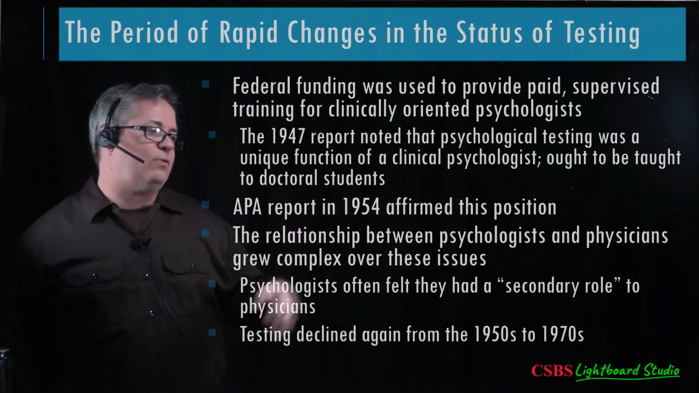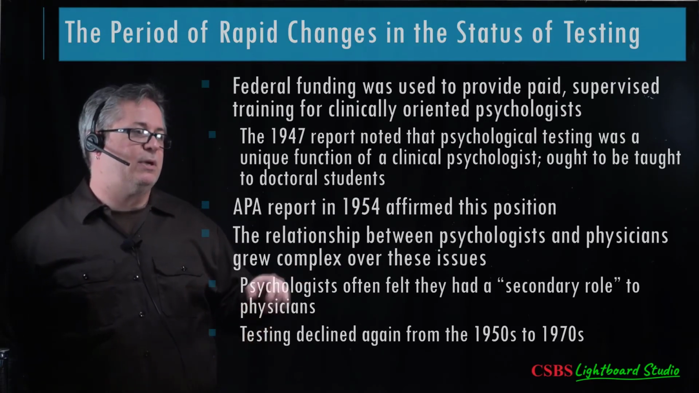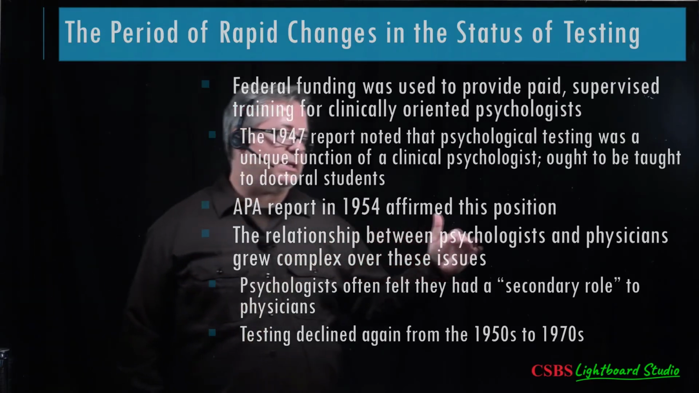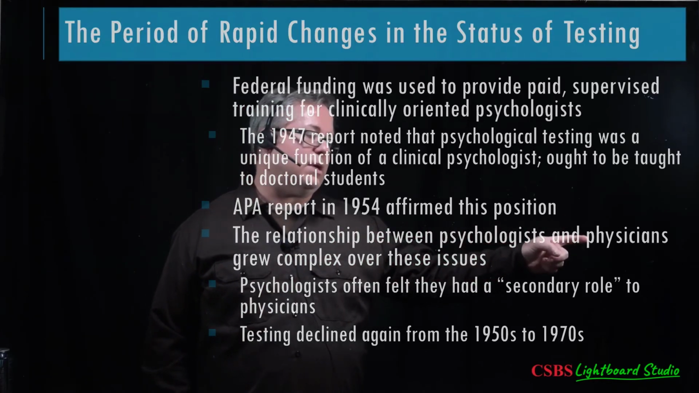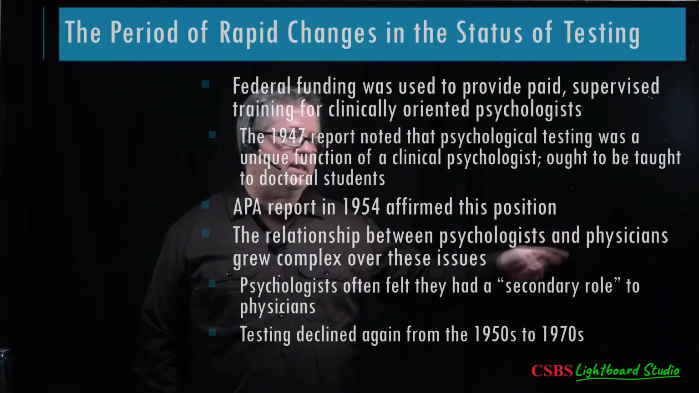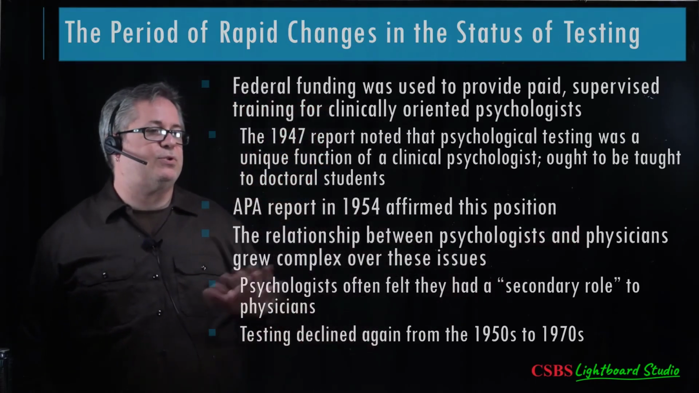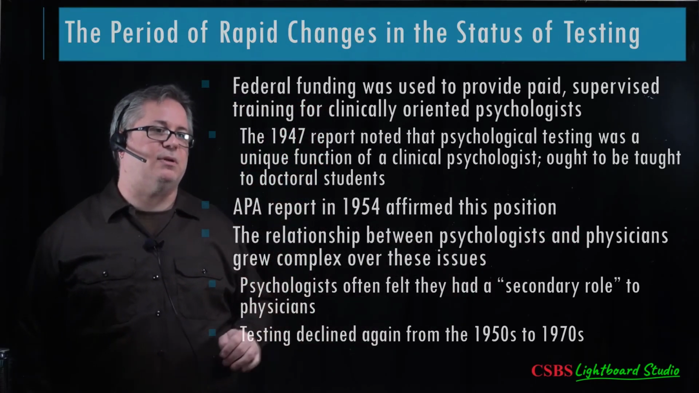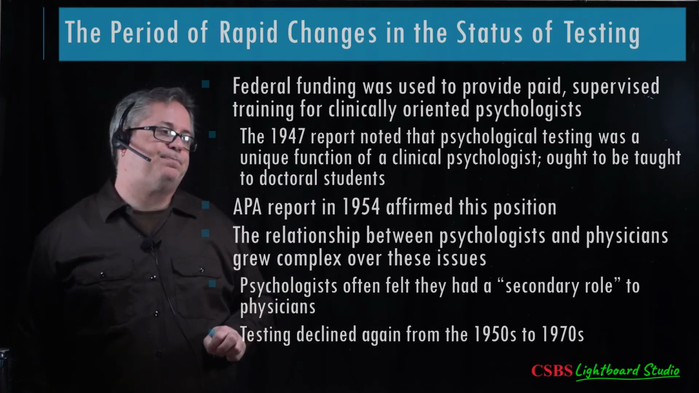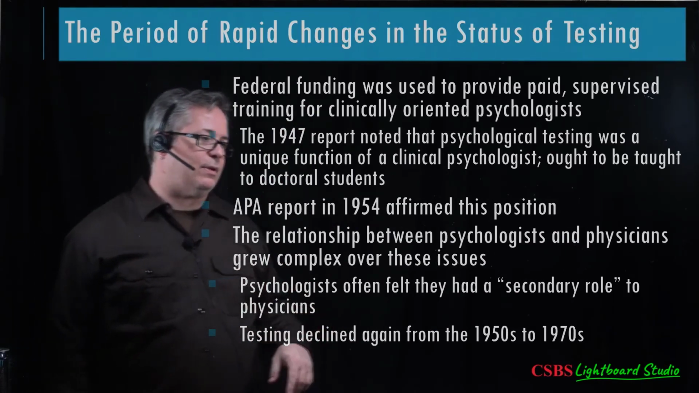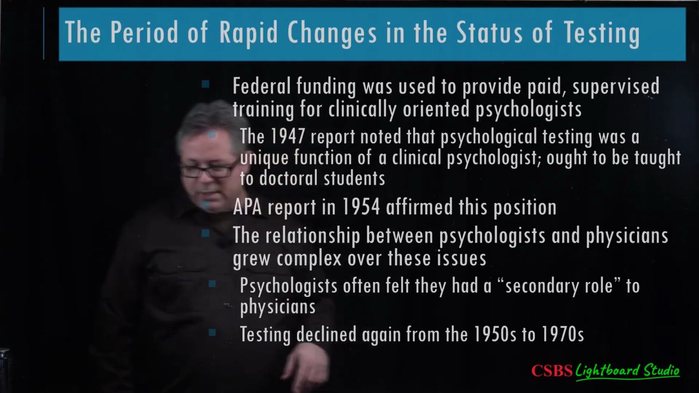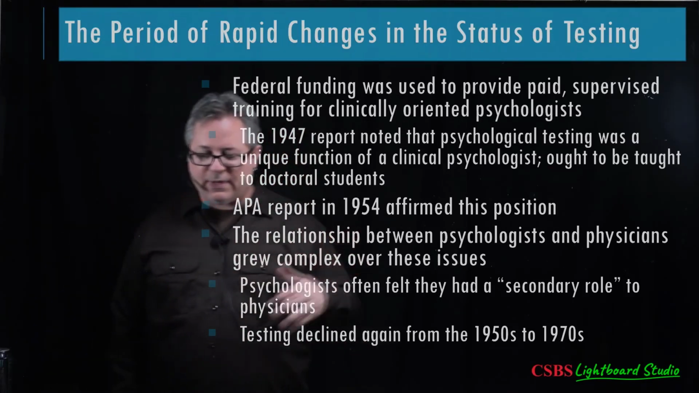In 1954, this position was affirmed, and the relationship between psychologists and physicians grew more complex over these issues, because physicians, psychiatrists, medical doctors thought that the testing and diagnostic work should actually be done by them, and that psychologists shouldn't be doing the testing or the diagnostic part. So psychologists often felt that they had a secondary role, and there have been fights over and over again